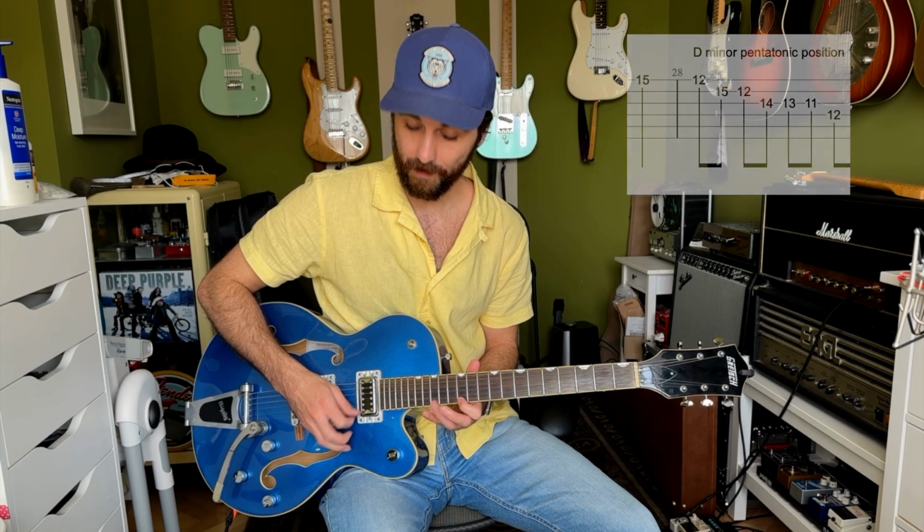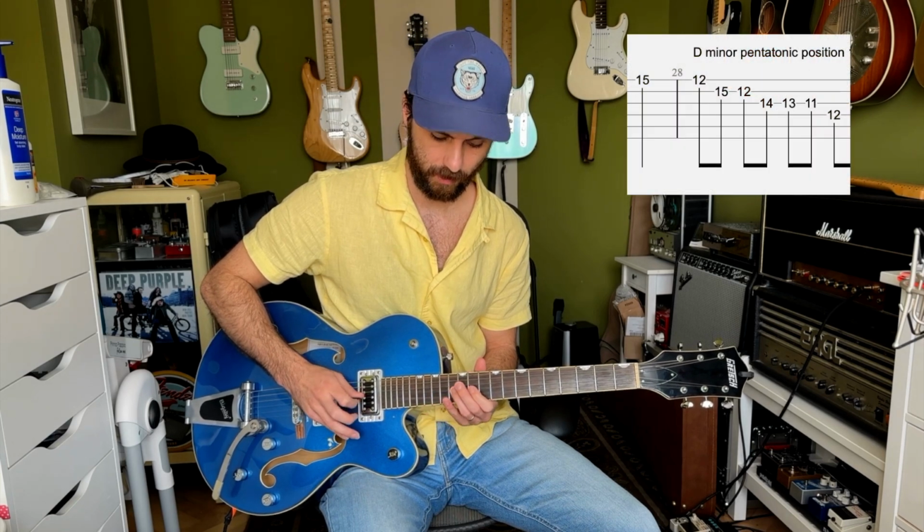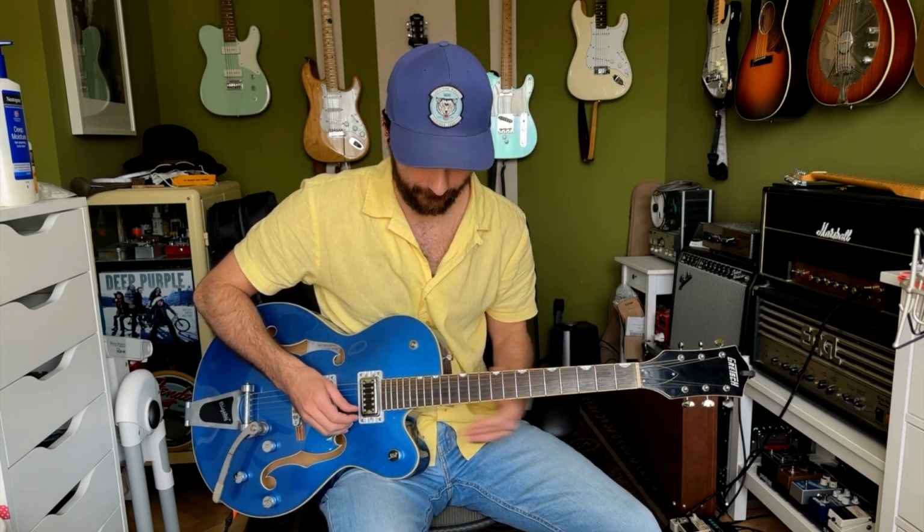And here's where I change to the minor pentatonic right before we go to the 4 chord. Now it's generally a good idea to play the major pentatonic on your 1 chord, and then when you go to the 5 chord, you can transition to the minor pentatonic of your root key. So if you go for the G chord in the key of D, you would play the D minor pentatonic. But that's not 100% what I do here. I just hint at the minor pentatonic, major, the minor,